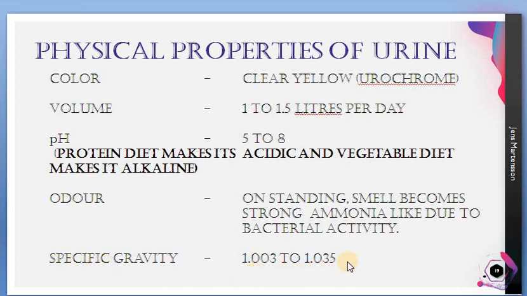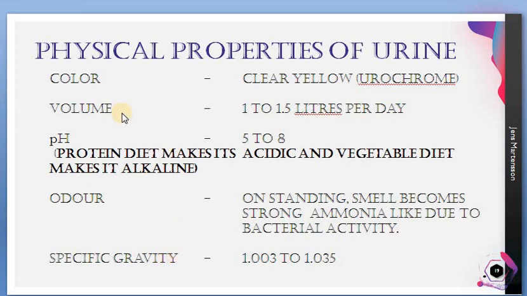So this is just a parameter to know whether the person is having any infection or something. If a person is going for a urine test, the people will be checking this too with the help of an instrument called urometer. If you want to know about that, you can just Google it up. Urometer will be used to check the specific gravity. It will have a mercury sort of thing. It's not in your syllabus. If you are keen about other things, you can do that.